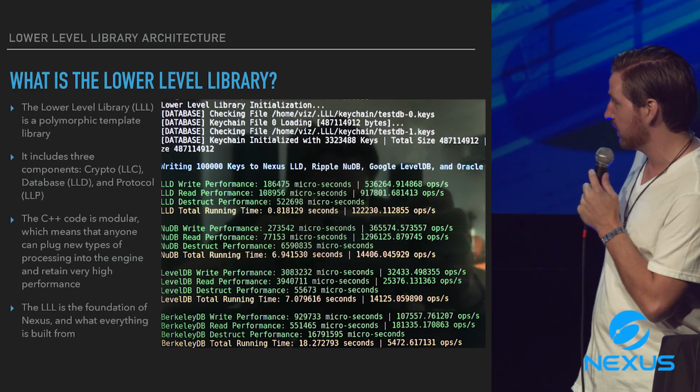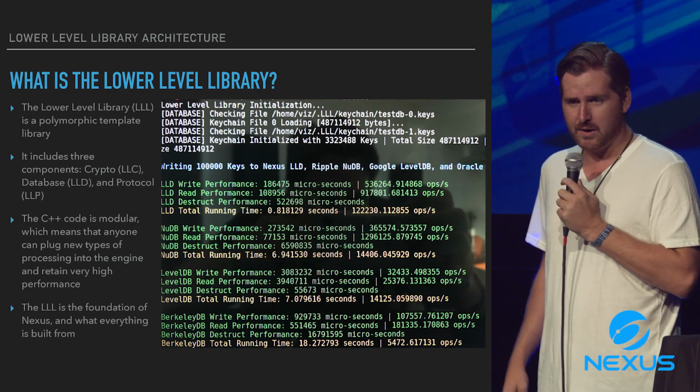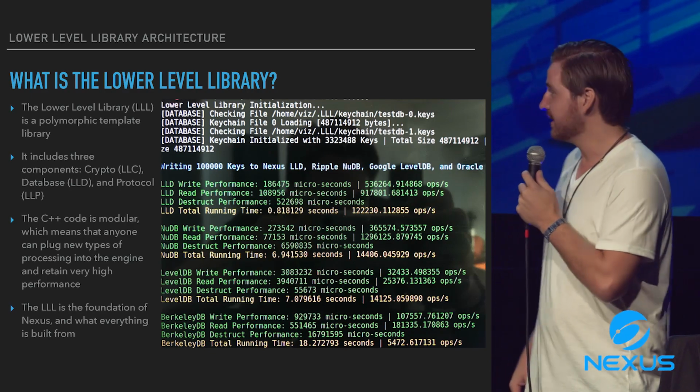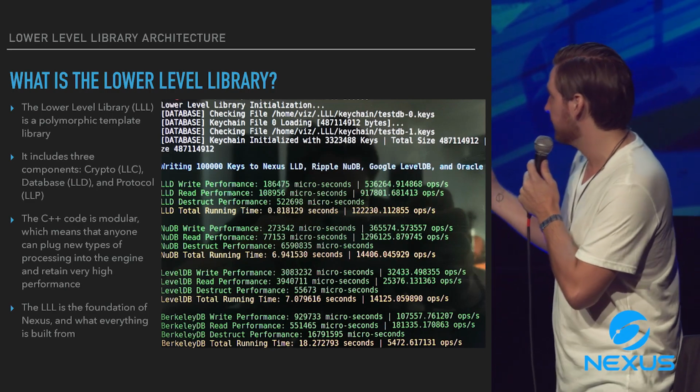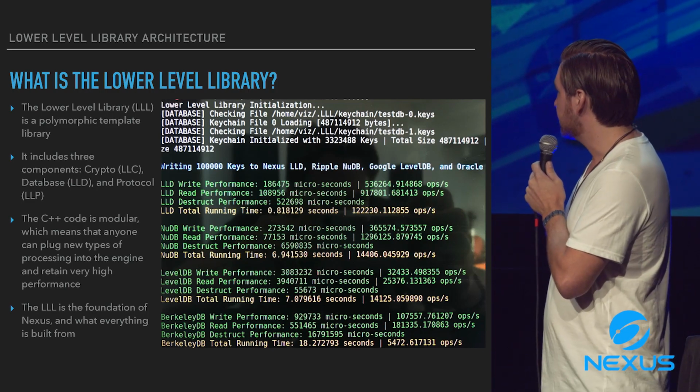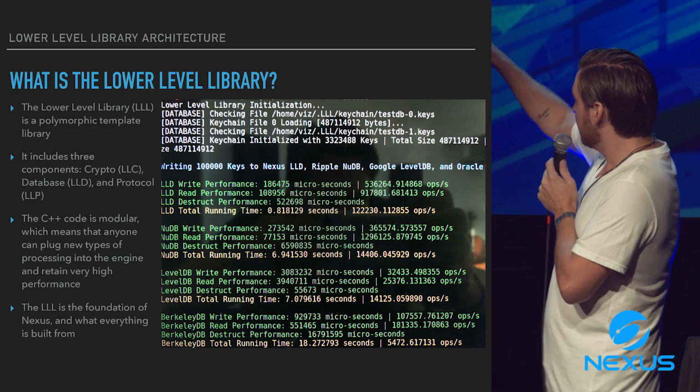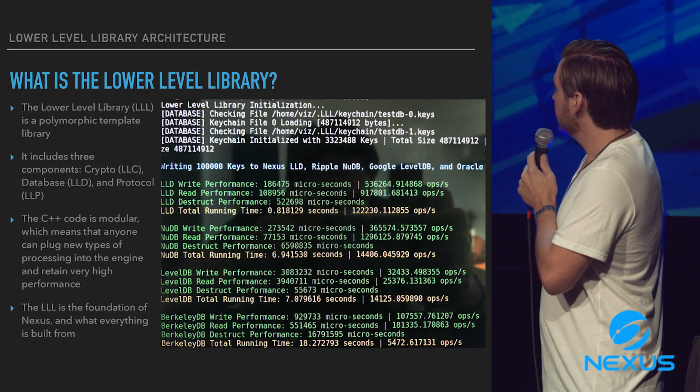Somebody, when I was doing these benchmarks, asked me to compare it, so I figured I'd compare it. Ripple has a bit higher scalability. As you can see, NewDB is a little bit faster than LevelDB, but the LLD here takes the win: 0.81 seconds, which ended up being 536,000 writes per second,